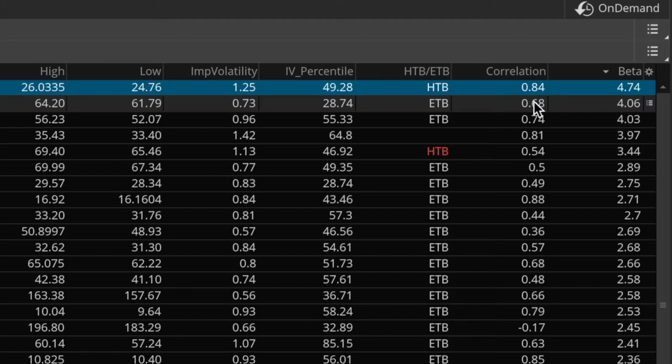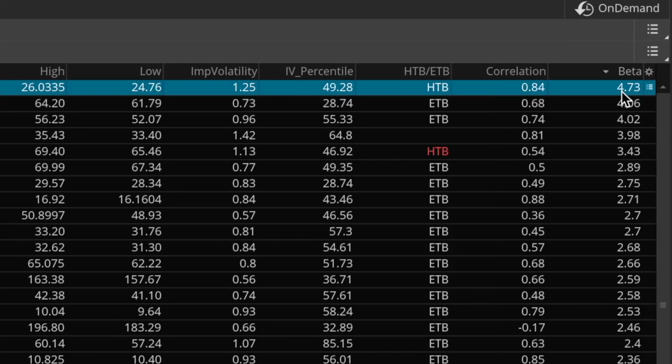So again, in regards to the correlation, this means that Upstart and the S&Ps will move in a very similar fashion to each other. If the S&Ps go up on a specific day, chances are Upstart will also be up as well. And then same thing, of course, if the S&Ps go down on the day, Upstart will likely follow suit. But then again, the beta will tell you by roughly how much Upstart will move when the S&Ps